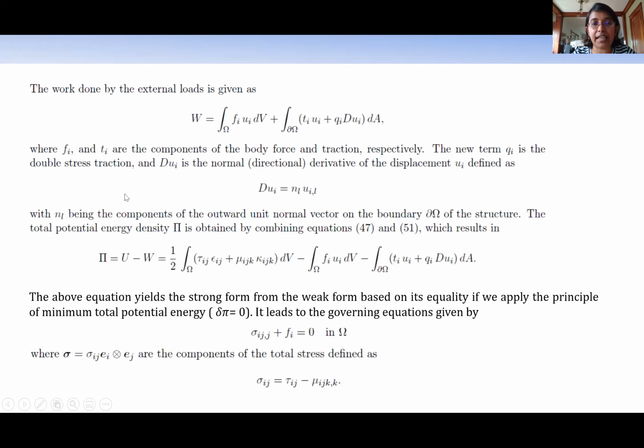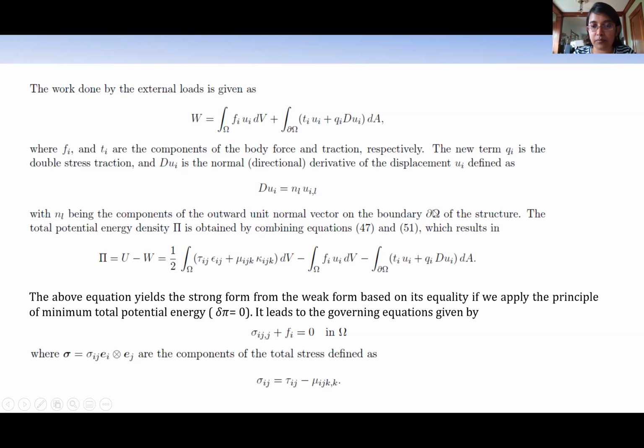The work done by the external load is given as this, where Fi and Ti are the components of the body force and the tractions respectively. The new term Qi is due to the double stress that I showed in the previous slide, and Dui is the normal directional derivative of the displacement, defined as NLUIL,